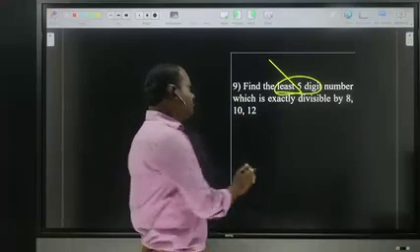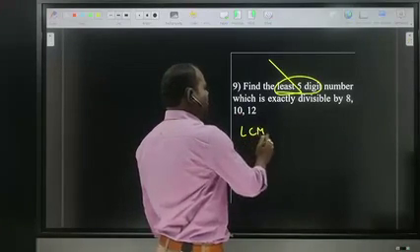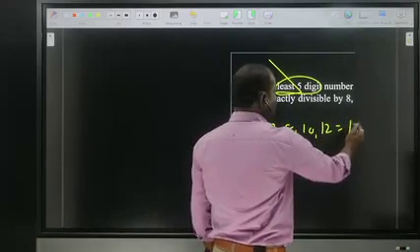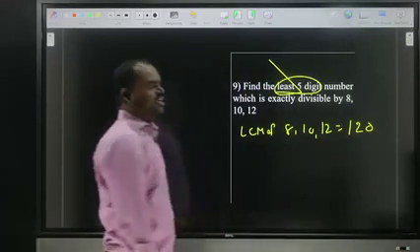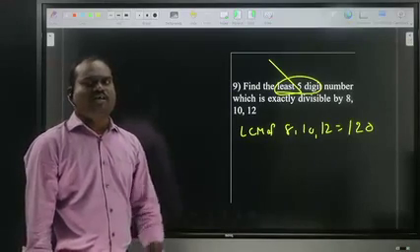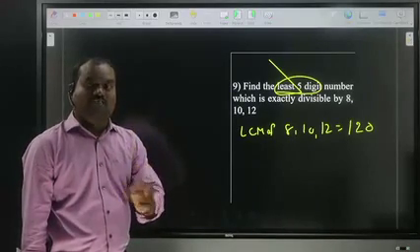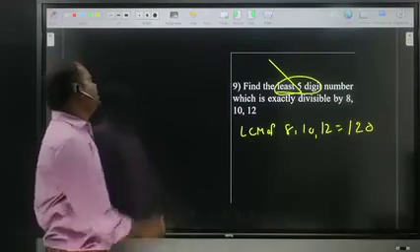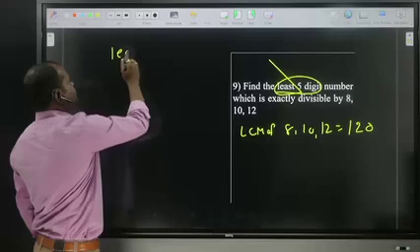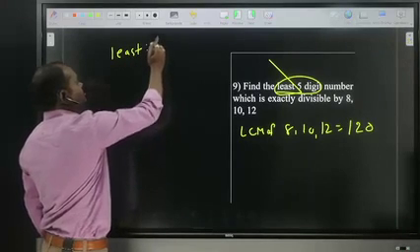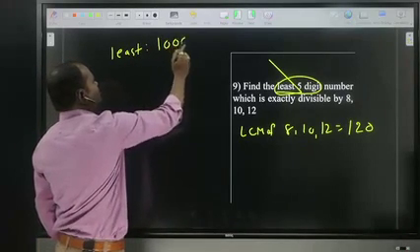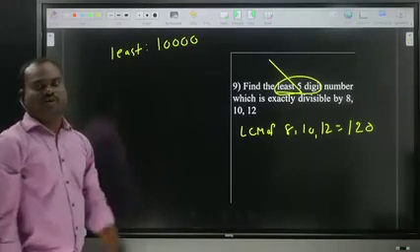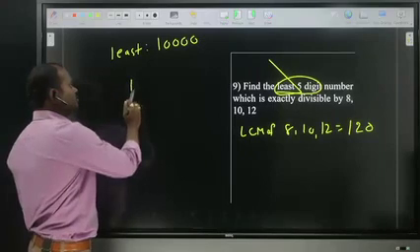So already we learned the LCM of 8, 10, 12. In the previous problem we already did it. The LCM is 120. Same logic: we have to get in the 120 table, as well as that should be the least 5-digit number. Actually, what is the least 5-digit number? 10000. We require 5 digits: 1, 2, 3, 4, 5 digits. Now same logic, 10,000